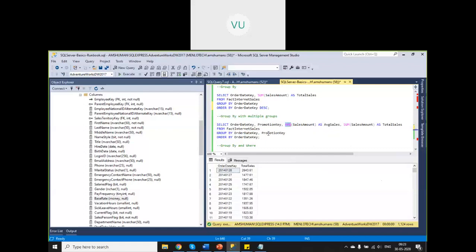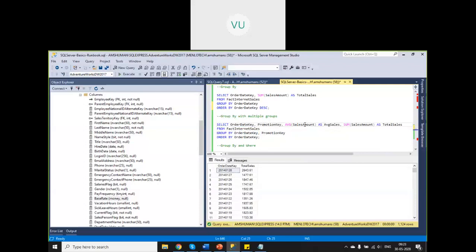As we discussed earlier, each group can have multiple records, and each of these records can have multiple values for these other columns, right? These values will remain same when you group by. That means when I say group by order date key, in a particular group this value will be same, right? And within that you are creating subgroups. Within those subgroups, this value will be same. So the SQL engine will easily understand what value to retrieve when you say select.